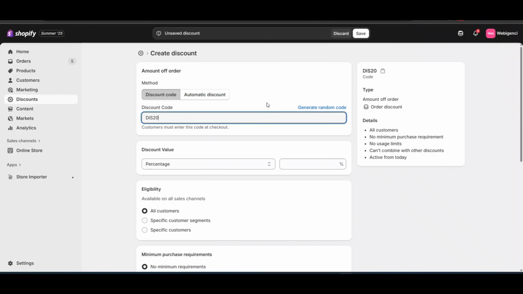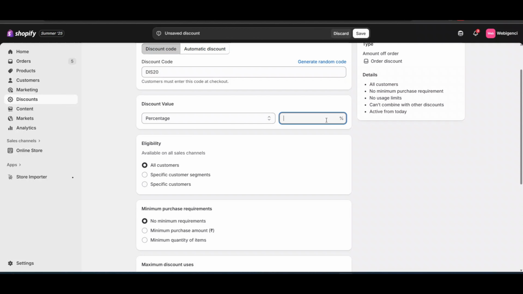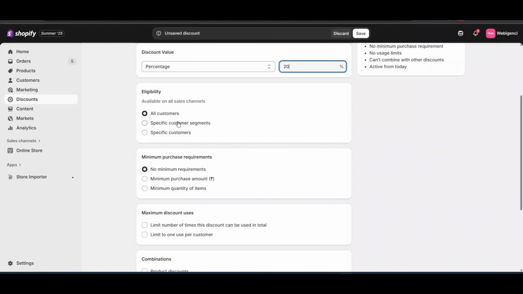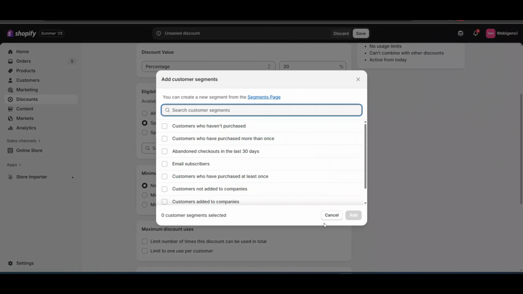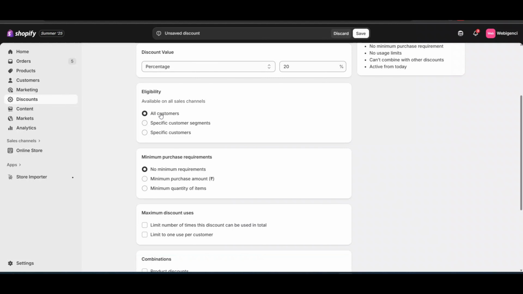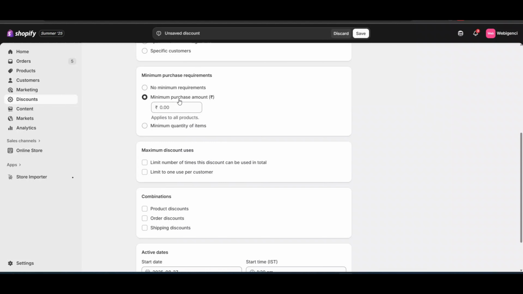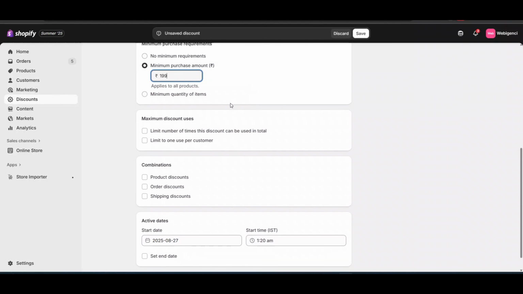But to create a discount code, here you can see Generate discount code, and what this will do, this will give 20% discount. It is for all customers or a specific customer segment or a specific customer that you want to select. You can select as per your need whatever you want. These are some eligibility criteria. Now minimum condition, yes, I want to give a minimum condition of 199, then only the discount will work. Otherwise it will not work.